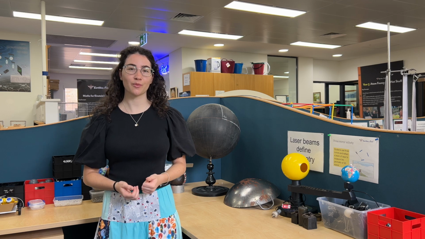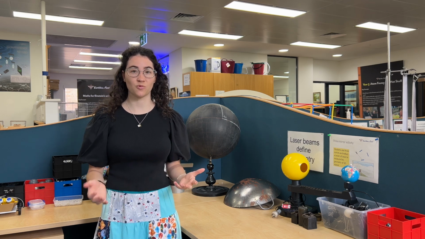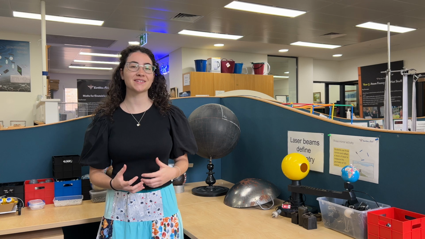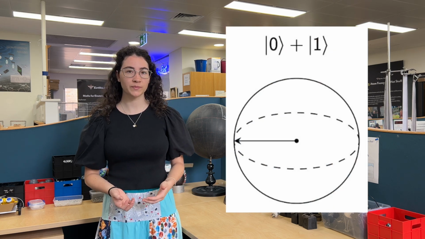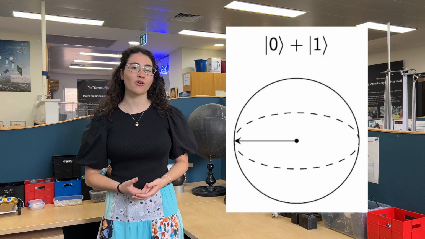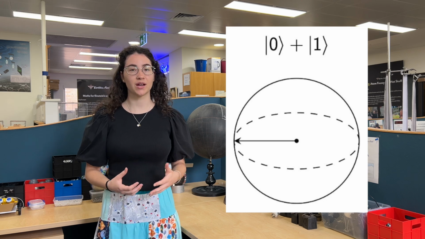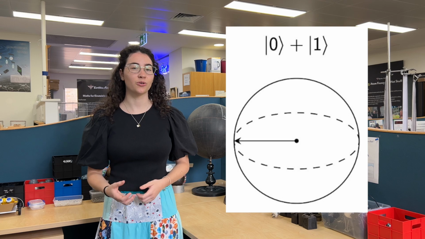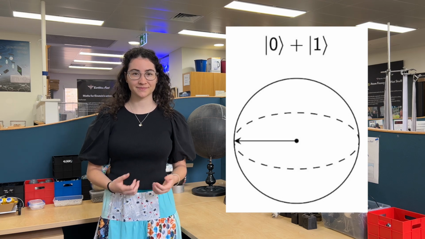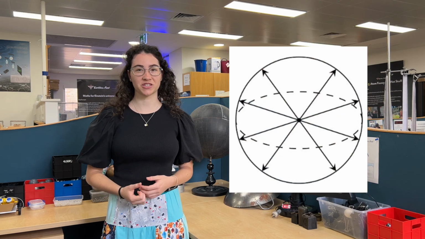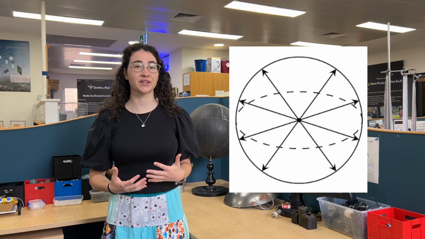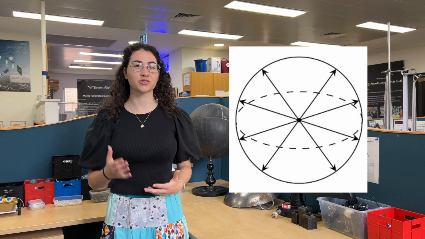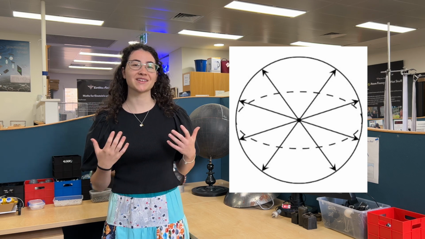Now, when a qubit represents a combination of 0 and 1 simultaneously, we say that the qubit is in quantum superposition. For example, the arrow on the Bloch sphere here represents an equal amount of 0 and 1 at the same time, called an equal superposition. But there are many other superpositions that a qubit can occupy too. In particular, every direction in which the arrow can point, other than straight up or straight down, represents a different